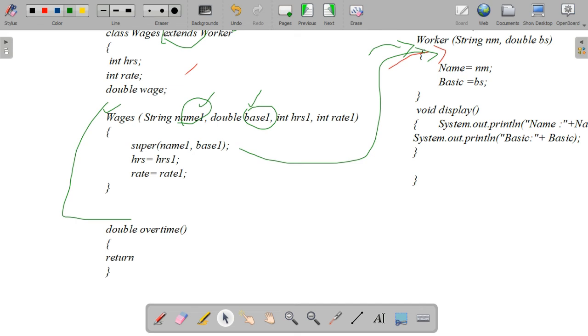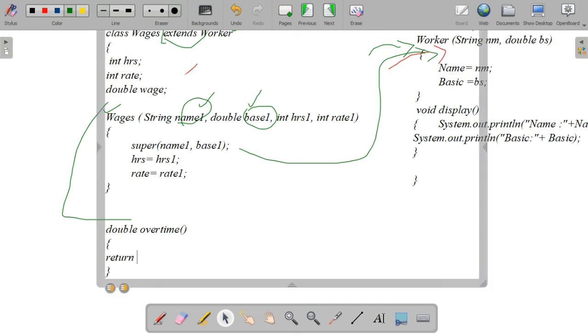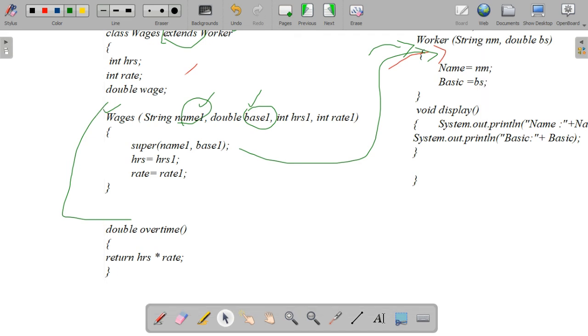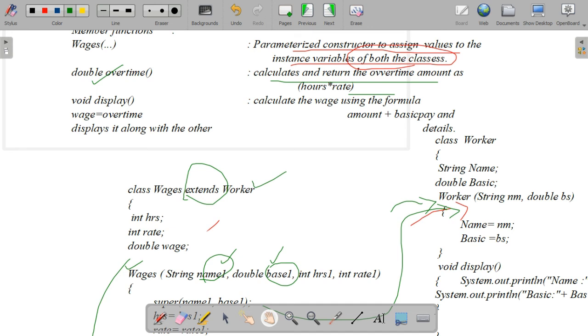What is the formula given in the question? According to that formula, hours into rate. So we can write HRS into rate, semicolon. So double overtime is over.